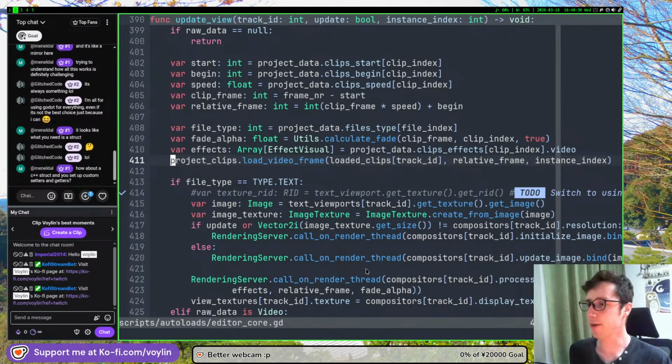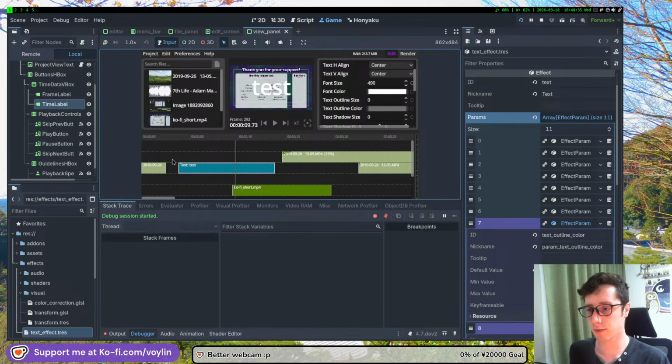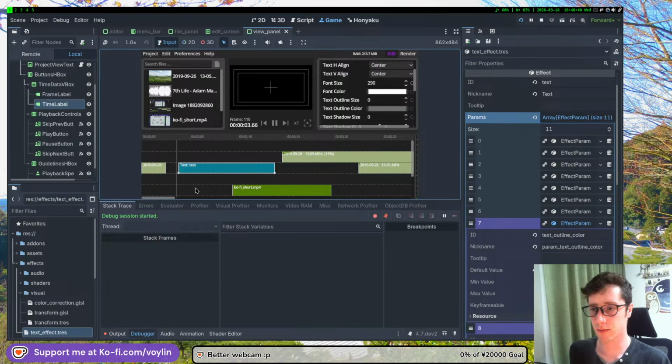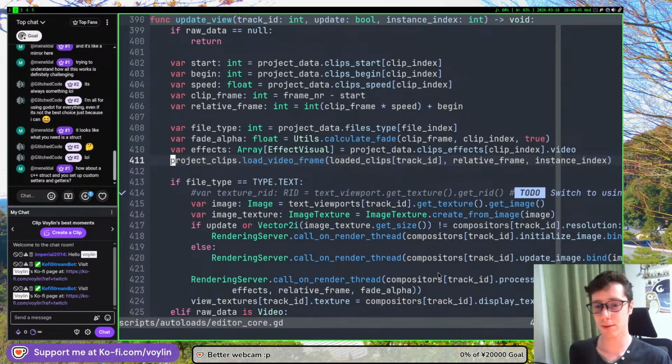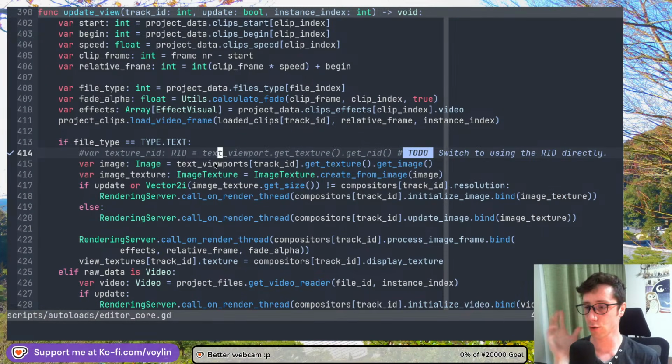Wait a minute, am I done? So wait, this is in a big state now. I did it. Okay, but we do have this part here. We could improve performance for the textures by a lot by not having to copy it to the CPU and GPU again. Switch to using the RID directly. First of all,